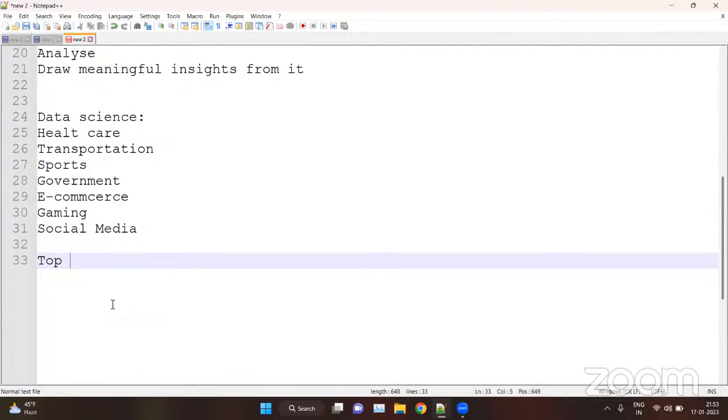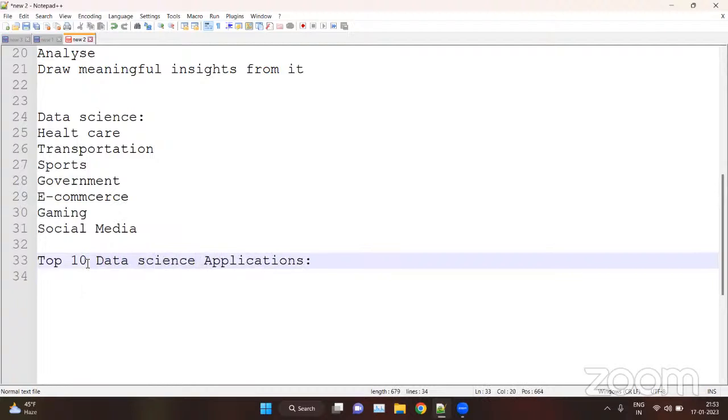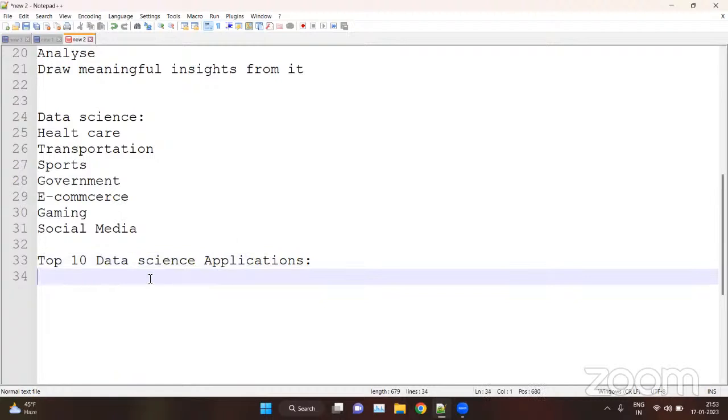So we can write top 10 applications. We can mention the top 10 data science applications: fraud and risk detection, healthcare, internet search, targeted advertising or website recommendations, advanced image recognition and speech, and airline route planning. We can mention them here one by one.